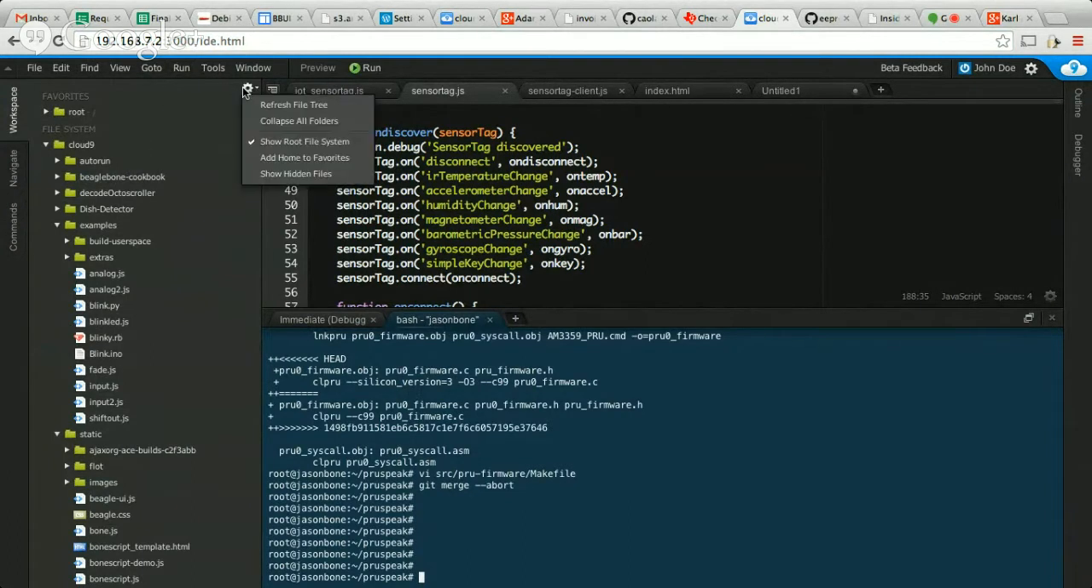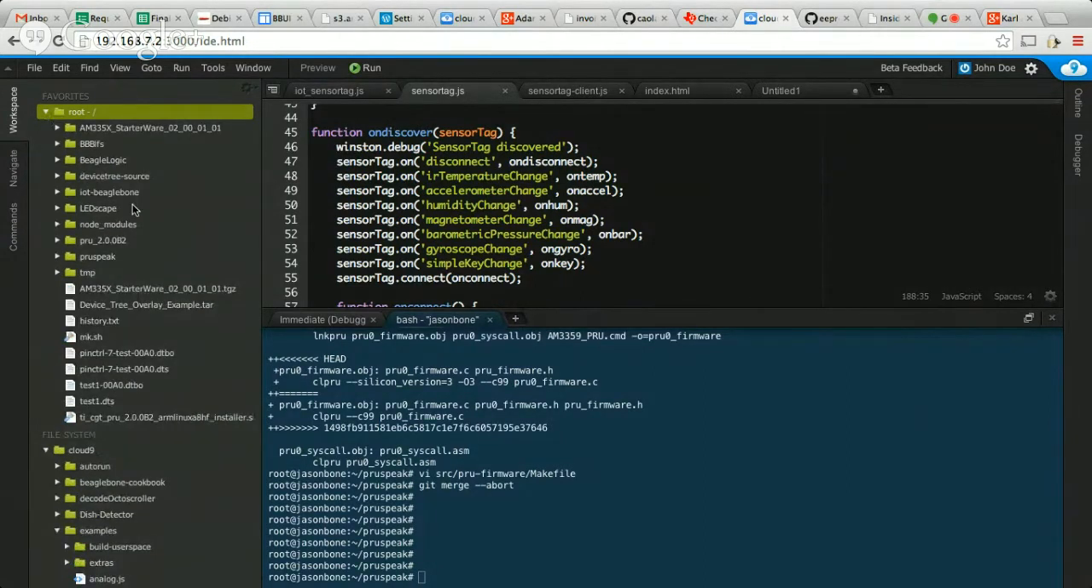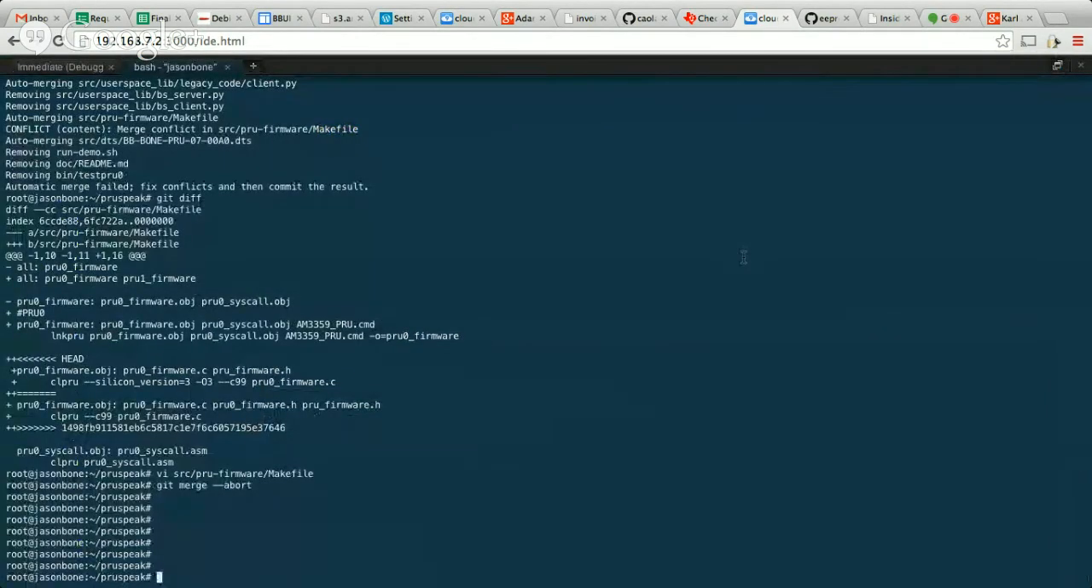I can see here, if I go here, I can say show the root file system, and this allows me to see all the files that I have in my root directory. Okay. And you can see I've got this PRU Speak that I checked out from GitHub using Git. So the boards ship with Git on them. I'm using